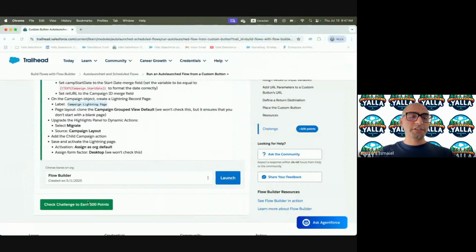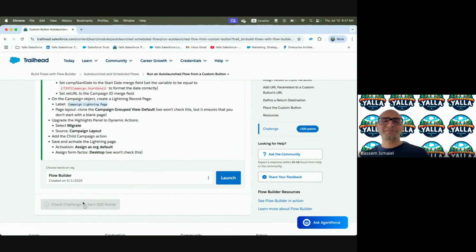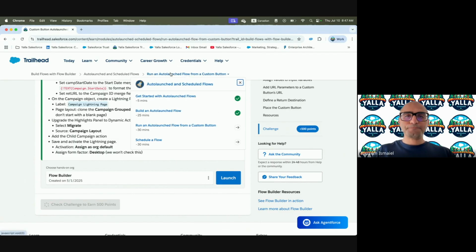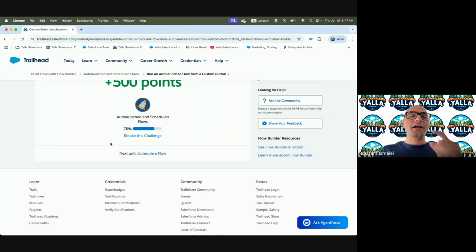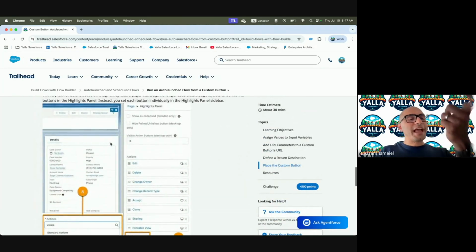So let's check. Any questions? So far, so good. All right. The next one, we will be doing the scheduled flow. Lovely. But before we go there, having a scheduled flow, I just want to add a very small optimization to